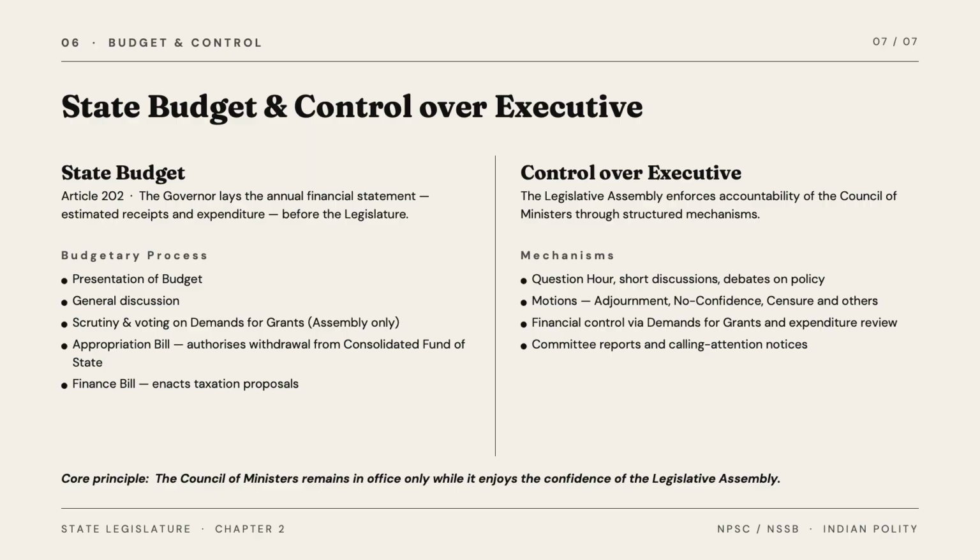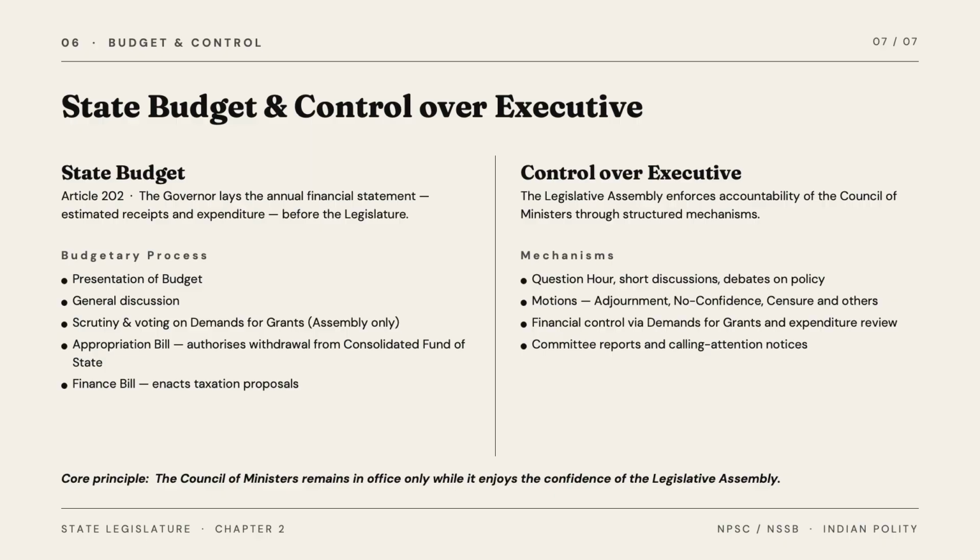So for whatever revenue they're going to receive and whatever money they're going to spend on each department, this is called annual financial statement. I told you that the official name of the budget is AFS, annual financial statement. Please do not forget it, okay? So this is the process, the presentation of the budget, and then the general discussion, the scrutiny and voting on demand for grants, like I said, the legislature, demand for grants, appropriation bill, authorization for withdrawal from the CFI, and then the finance bill, which is related to tax. Okay, tax grow garni do finance bill pass grow lage. So these are the